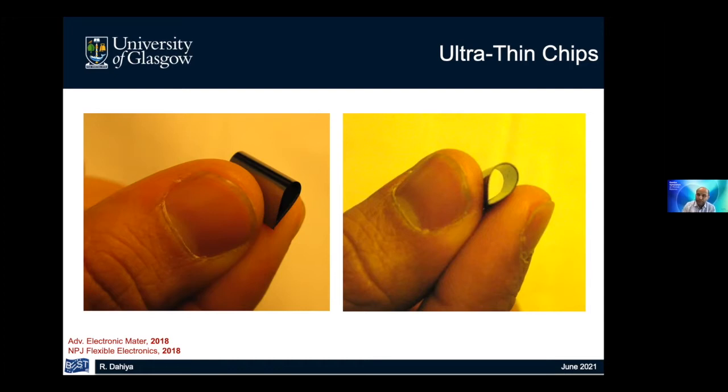Considering all these factors, looking at the electronic skin or tactile skin, if we have to look at a large area, such solutions become impractical. It's not cost effective anymore. You have to look at new solutions which drive not only the electronic skin research, but also the electronic research in general. So that leads us to the next part, which we are exploring in my group, which is printed electronics, high